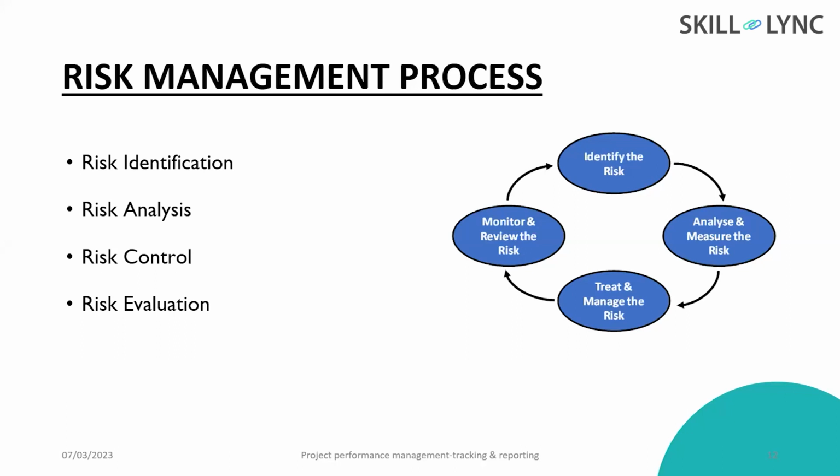So what will risk management do? In this process, we will identify the possible risk, then we will analyze the rate, like what is the impact of the risk that we can expect? Then after analyzing the rate and impact, we will go for the control measures. There are different types of risks: something that can be controlled or is in our hand, and other risks that we cannot control at all. So we will go for the risk control methodologies accordingly, and finally at the end we will do the evaluation. This process is collectively known as the risk management process.